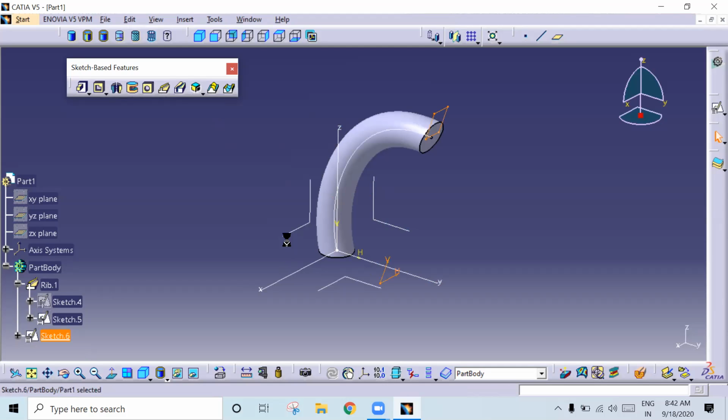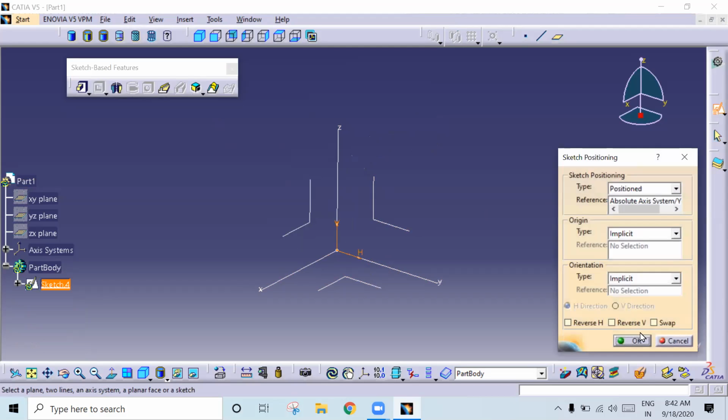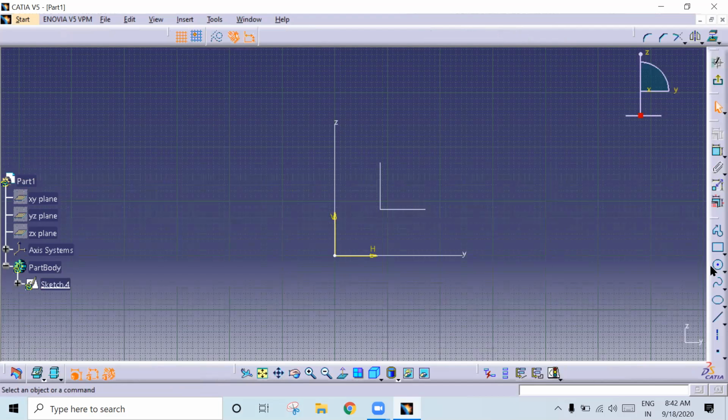we have one more advanced feature called stiffener. Suppose, see here, if you have an adjacent feature, say like this.